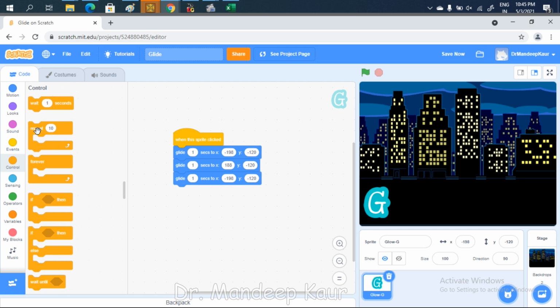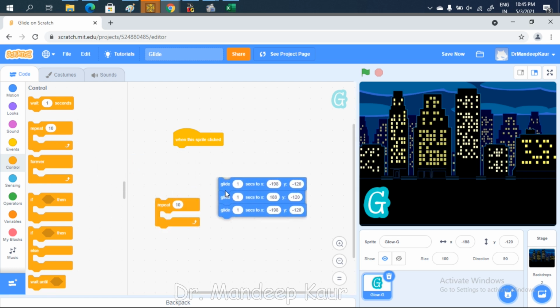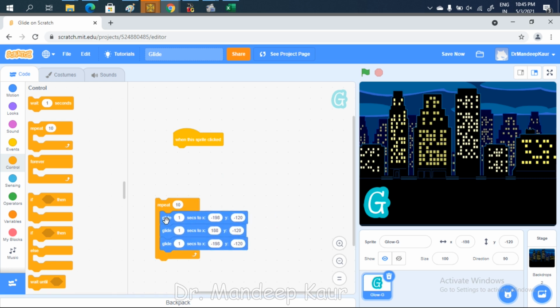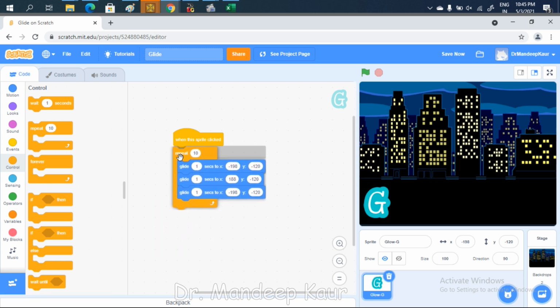Put this inside it, select this and put it here, and here you give the number. Suppose I want this to glide for 3 times: 1, 2 and 3. So it will glide for 3 times.